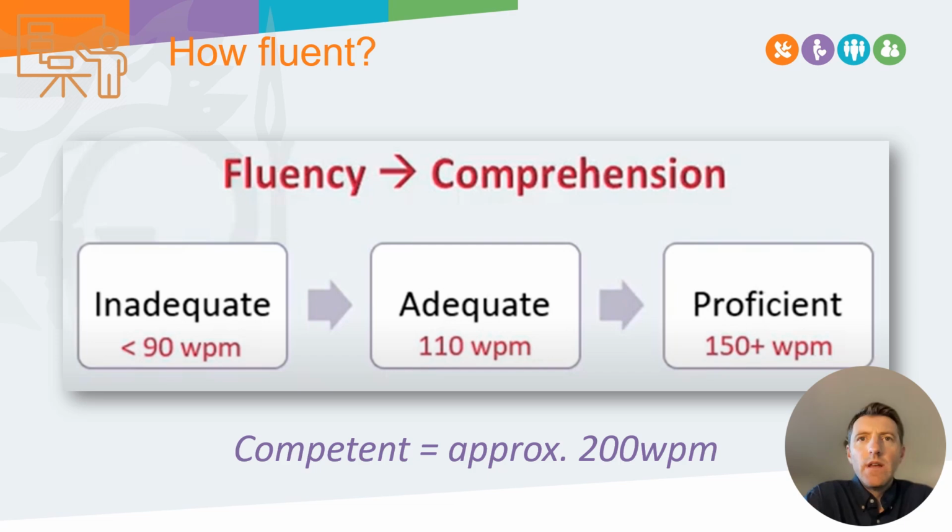So we know what fluency is. We've got those 3 descriptors there. We know why it's important, but how do we assess it? Now, this was mentioned briefly in the introducing the reading curriculum, but we'll go into a little bit more detail here today. Before we talk about how to assess it, it's important to know what we're measuring. And fluency is measured by a unit of words per minute. So how many words can I read per minute?